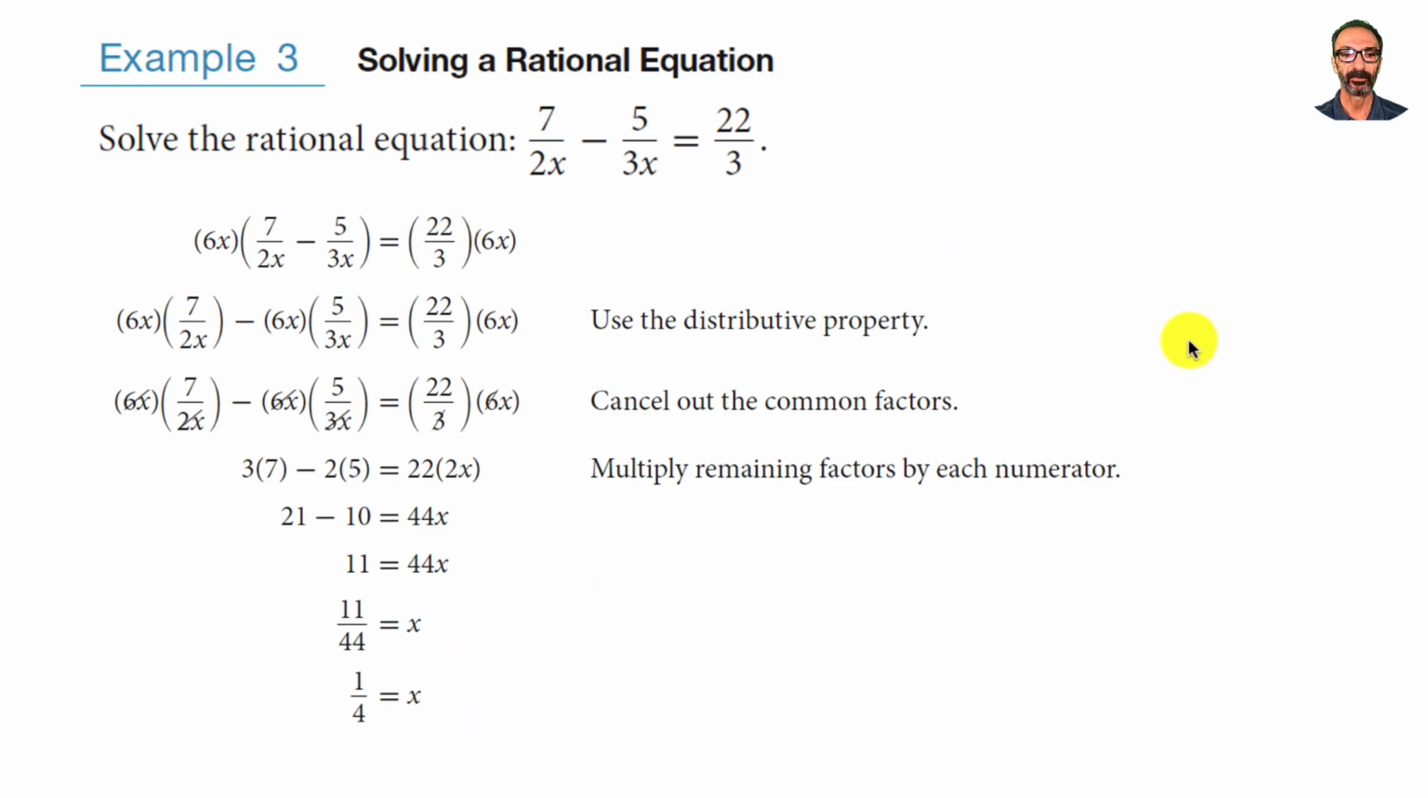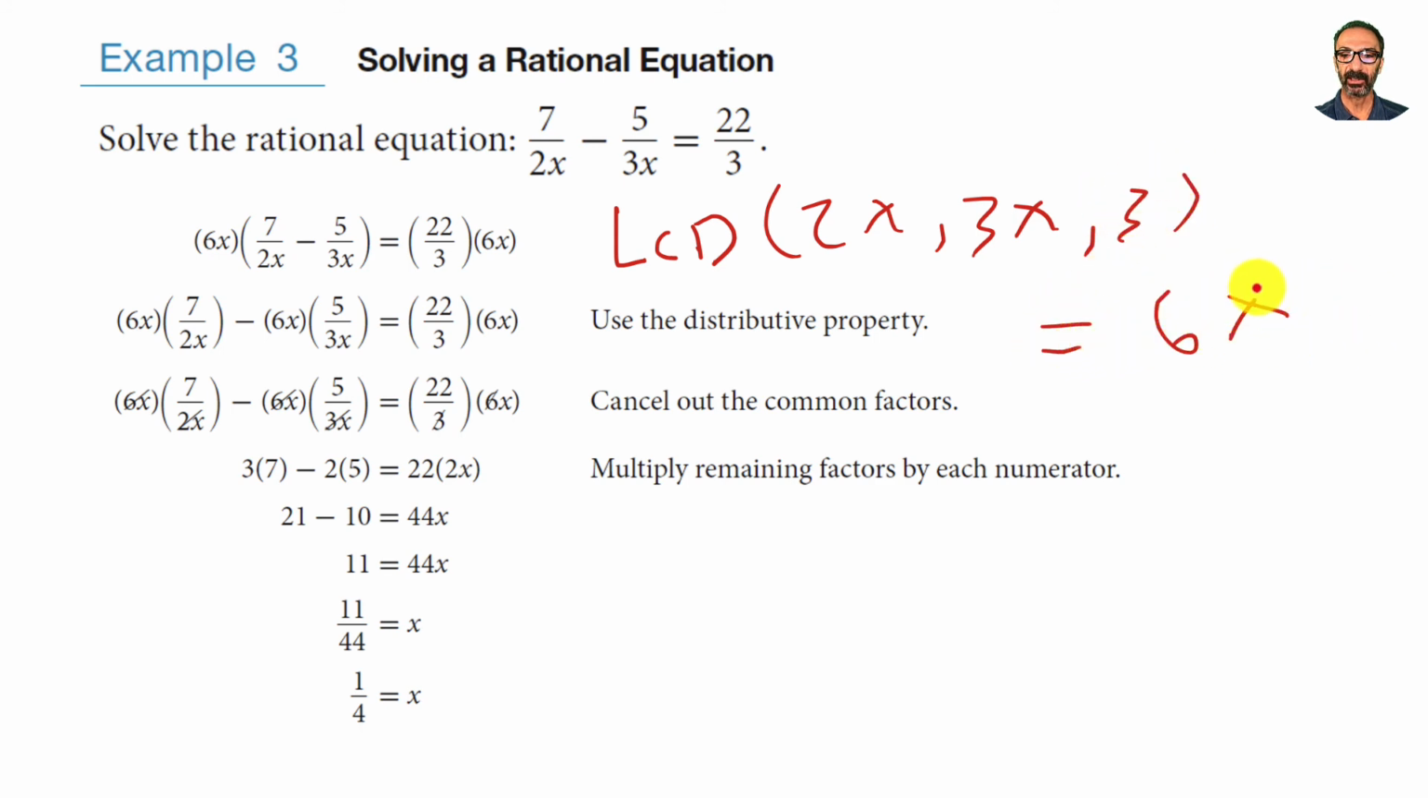This is the whole work. All you need to do is come up with the LCD for these denominators, 2x and 3x, and that is 6x. You could see that 6x divided by 3 gives you 2x. 6x divided by 3x gives you 2. 6x divided by 2x gives you 3. So it is the common multiple, and it's the smallest one. You don't want to go 60x, you don't want to go 12x, so we take the least one to reduce our